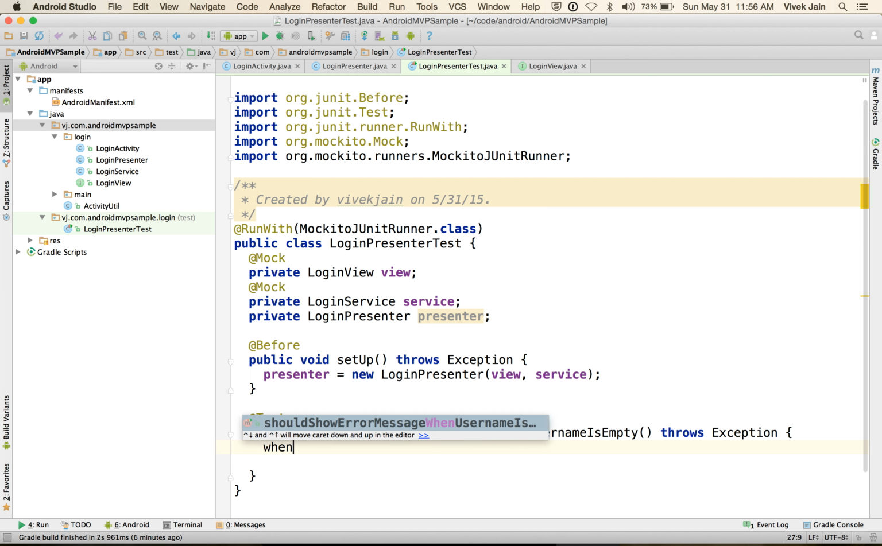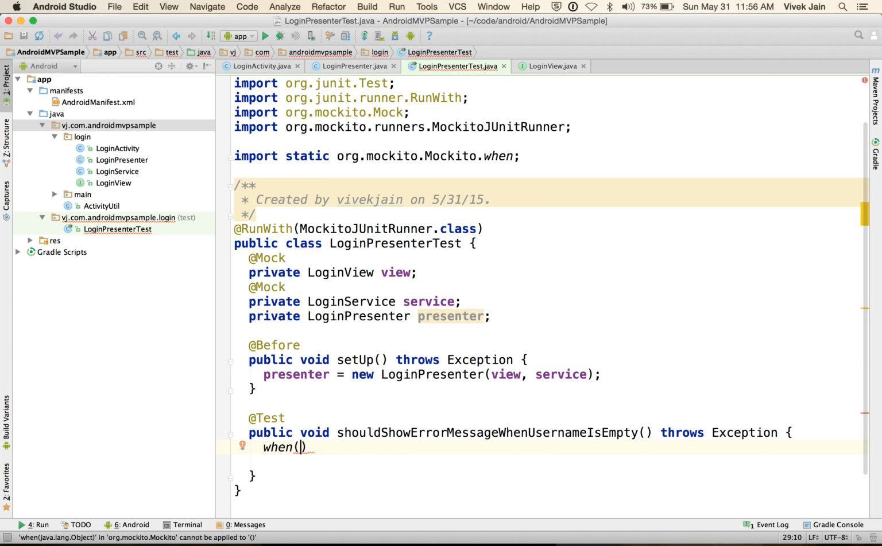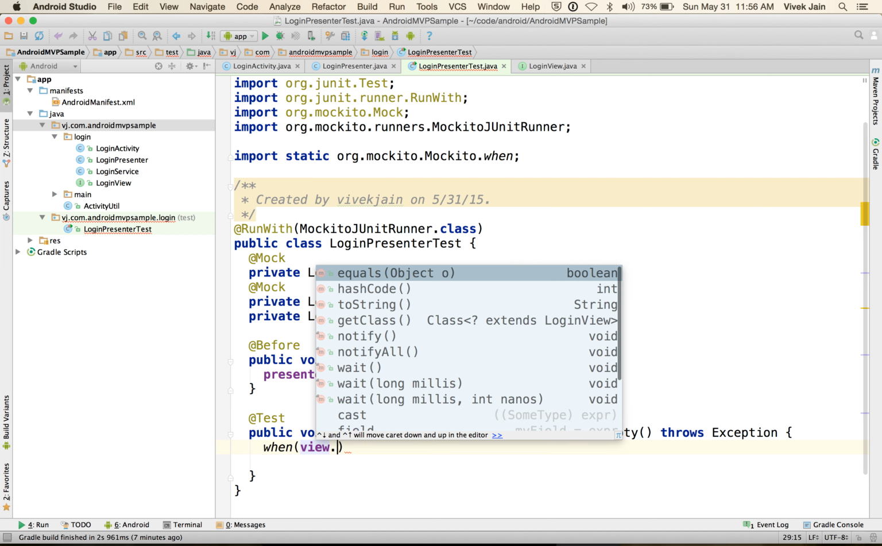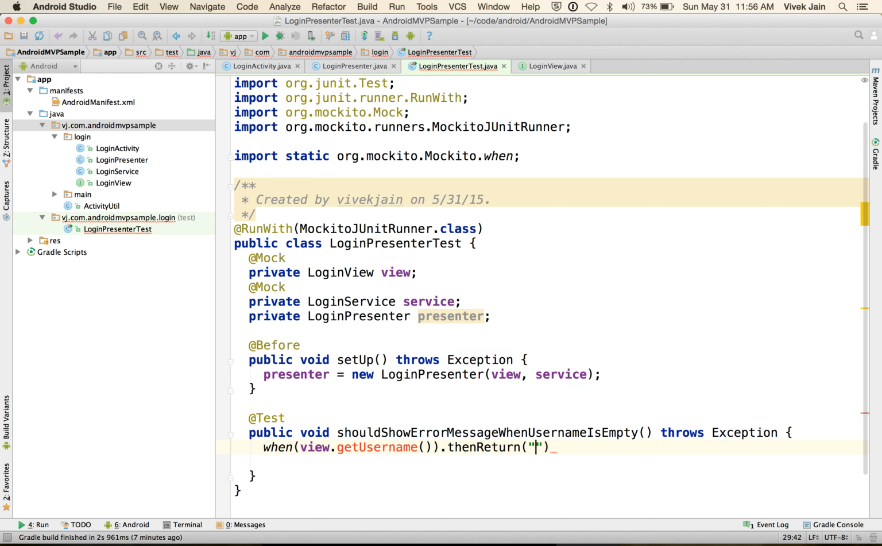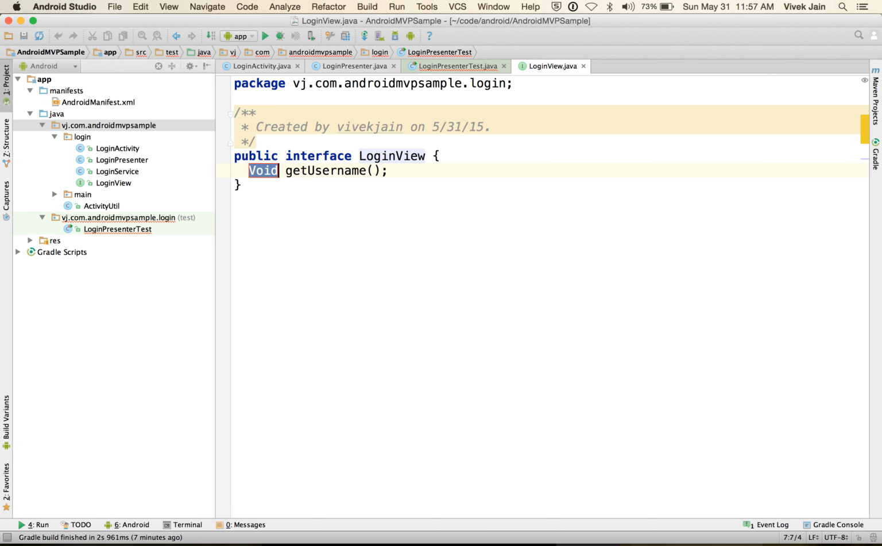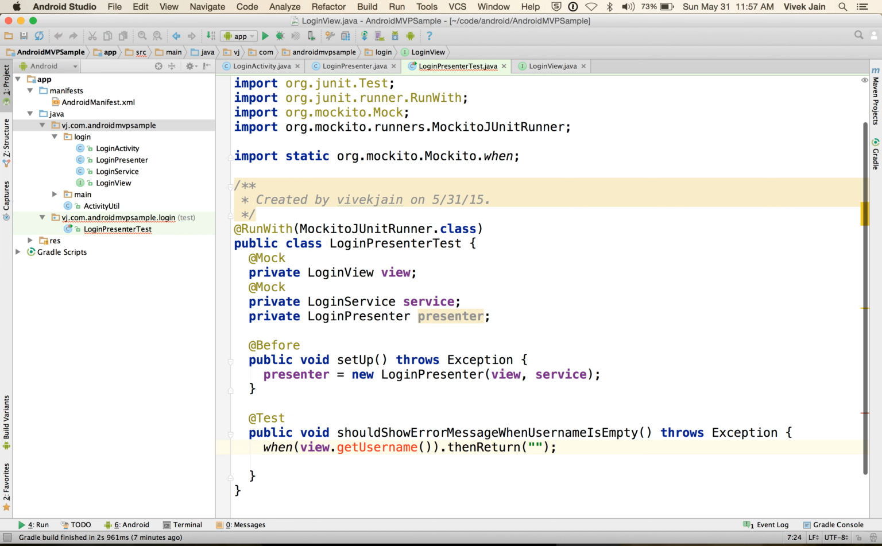So the first thing that I'm going to do is create an expectation that when we ask for the username from the view, so let's see, view dot get username, then return an empty string. So we are assuming that the username has not been entered and an error should be shown. So the view obviously needs to implement the get username method. It will be a string in our case, and as soon as the string comes back, I'm going to call the presenter dot on login clicked, and in